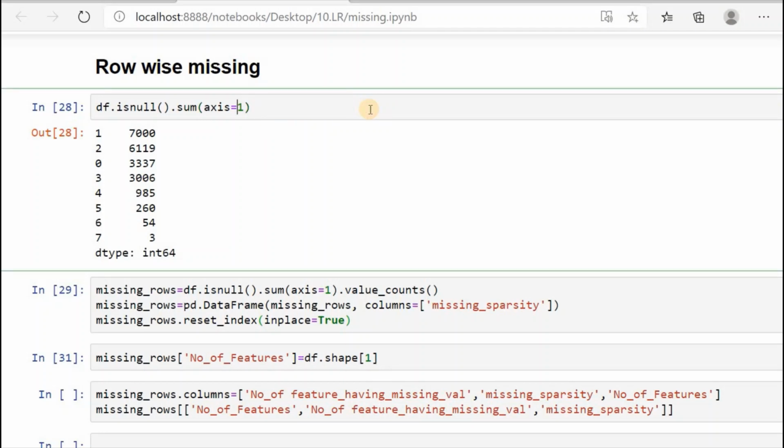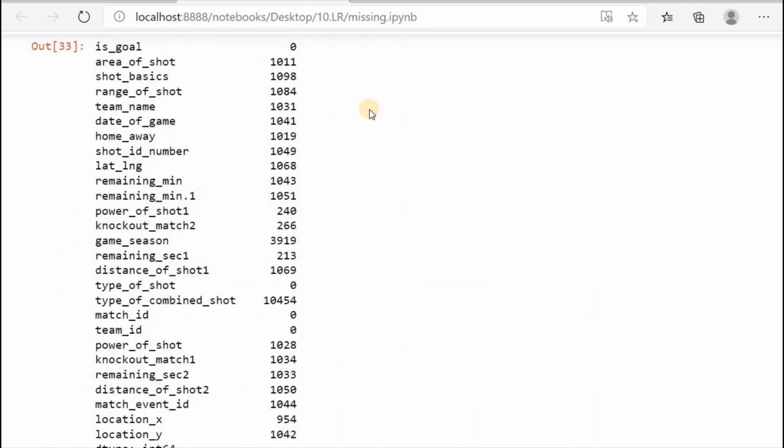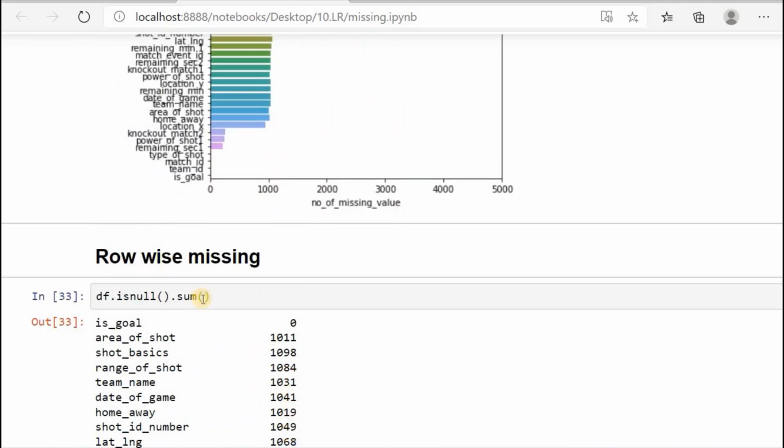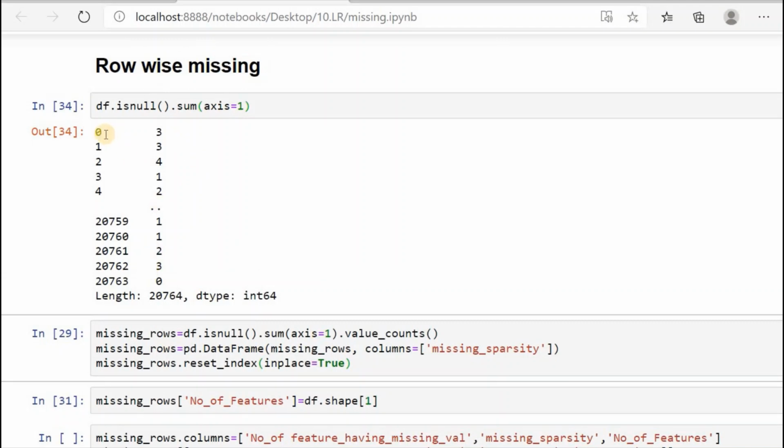We know that if we do isnull().sum(), we get the column-wise missing values. But if we mention axis equals 1, this gives the row-wise missing values. That means the 0th row has 3 missing values, the 4th row has 2 missing values.